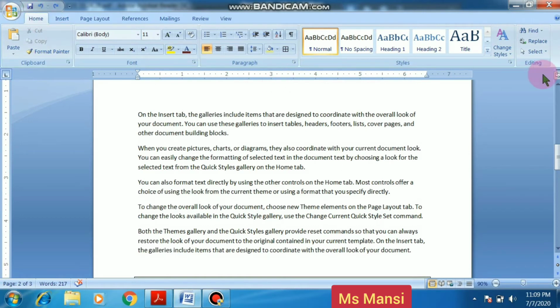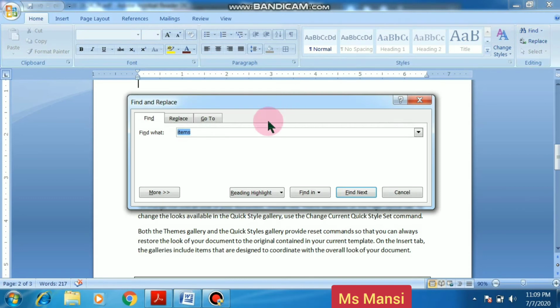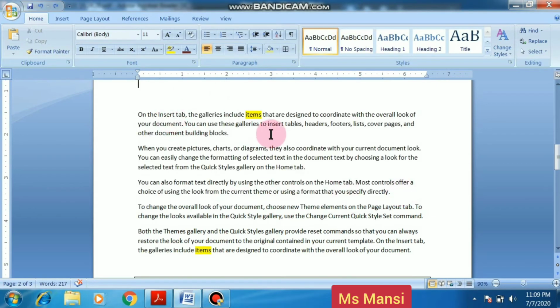In the Home tab, in the Editing group, you find the Find option, then write items, which I want to find, and highlight also, and then click on close. See, there are two words items here which we found using the find option, and they are highlighted also.